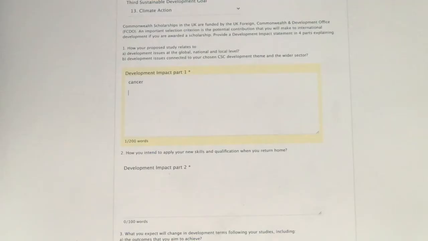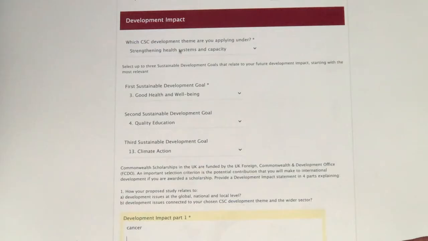It's the disease that I know that is extremely expensive. So it can easily overwhelm the economies. And if a nation's economy is overwhelmed, this also affects neighboring countries indirectly or directly, because there is no nation that can be independent. And then what else can you do? Then you can see how cancer is related to health systems and capacity.